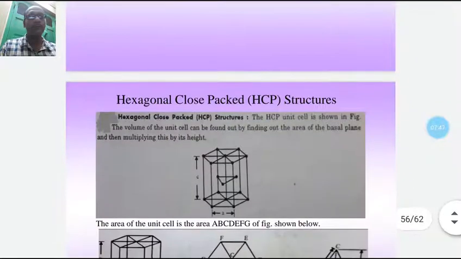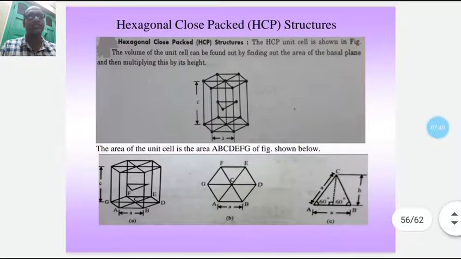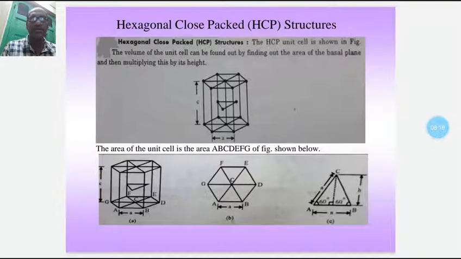Now we are moving to the hexagonal close pack structure. This structure is a little bit more complex compared to the cubical structures, as we have seen the 3 cubical structures: simple cubic, body centered cubic, and face centered cubic. Although the simple cubic structure is not shown in any case of metals or alloys, for simplicity we need to understand how the atomic packing factor, coordination number, etc. can be calculated. So we have discussed that simple cubical structure.